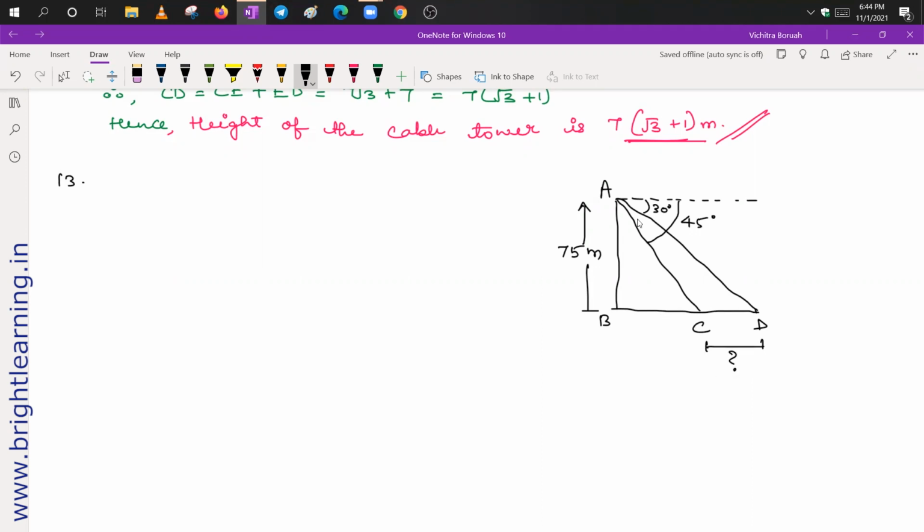Now here again we can see this horizontal line. Suppose EE is the horizontal line. This horizontal line will be parallel to this line, this C also parallel to this C. So if this angle is 30 degrees, I can say that this angle will also be equal to 30 degrees. They form alternate interior angles. Similarly, if this angle is 45 degrees, this angle will also be equal to 45 degrees.